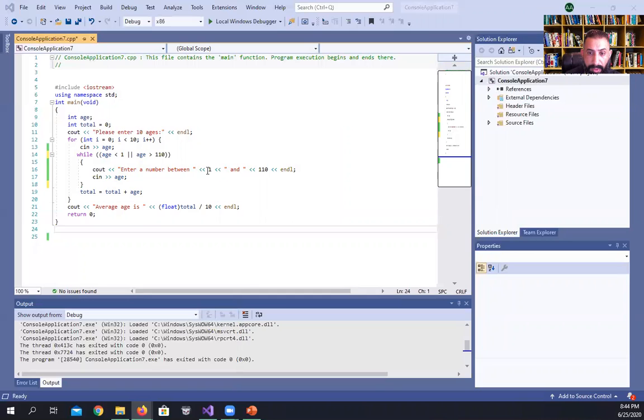So again, I said that I want the age to be between 1 and 110. And if I get out of this range, I need to have a message that says enter a number between 1 and 110, or an age. 1 year and